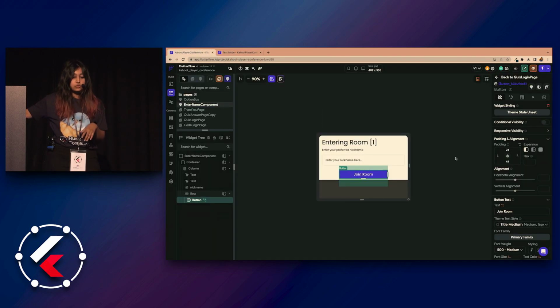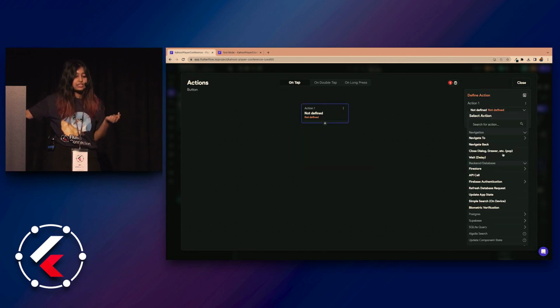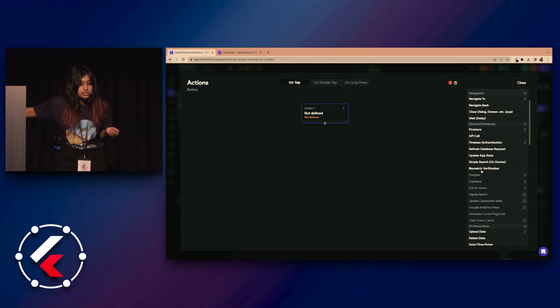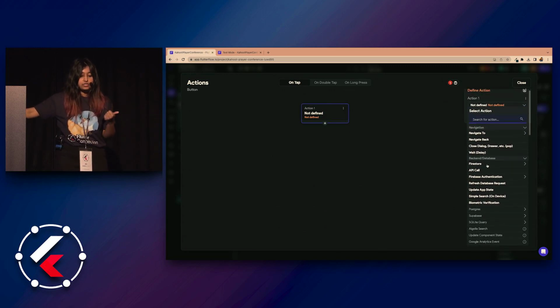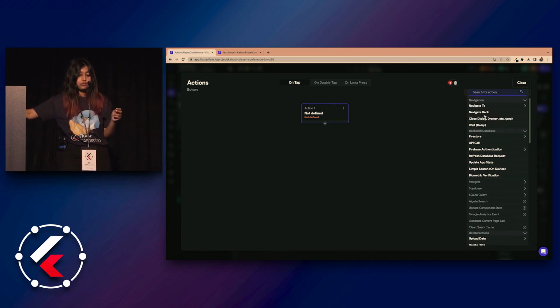OK. So I can do that by, again, going to the action flow editor. And as you can see, you can either create an action or a conditional action. In this case, I just need a single action. But here, there are various actions that you can do. Here, you can do Firebase query, API calls, navigation, uploading data, etc. But what I really want is